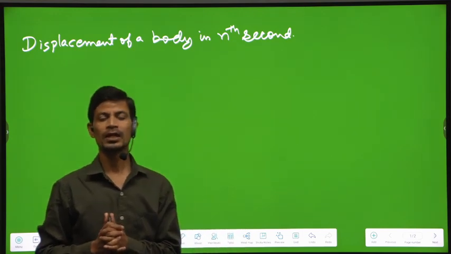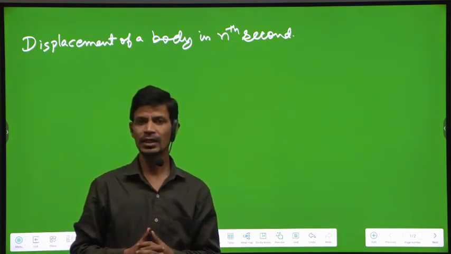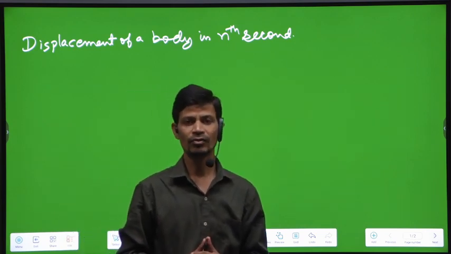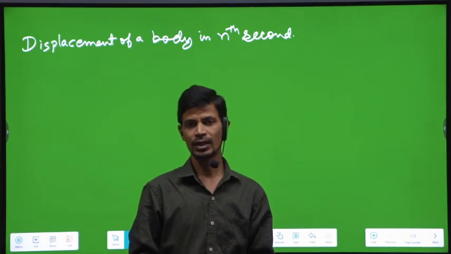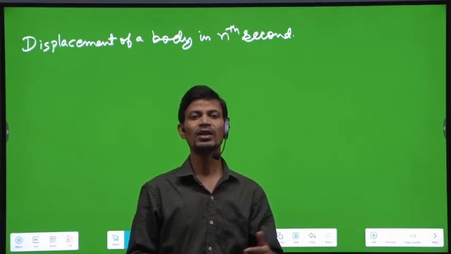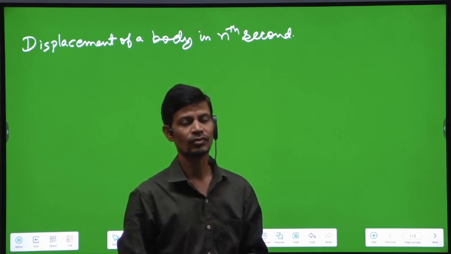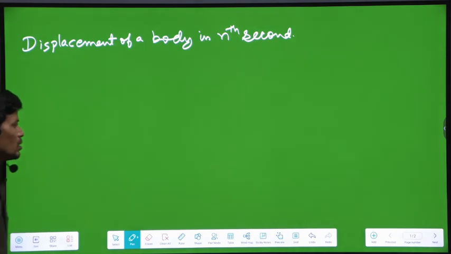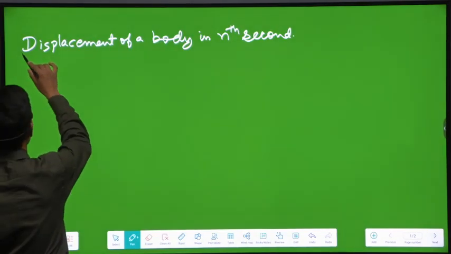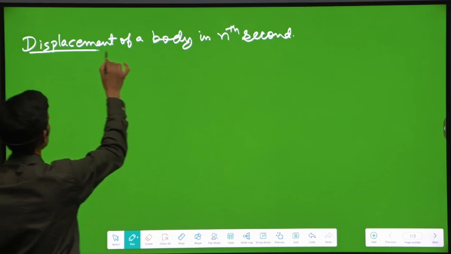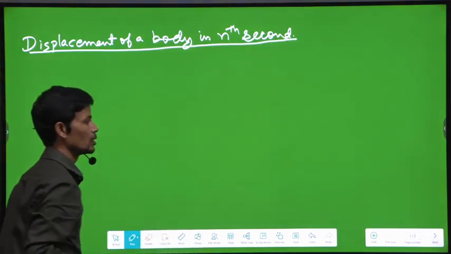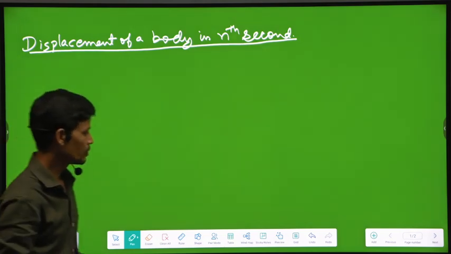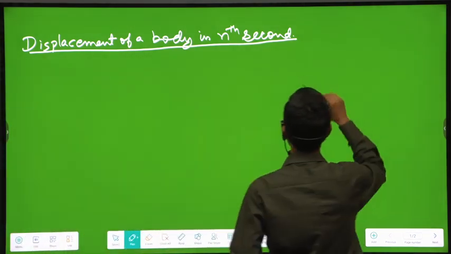So, class 11th kinematics. In the previous video, we derived the equations of motion by three different methods, and we have seen different conditions in which these equations of motion can be represented. One major topic which is often used in many numerical problems is the displacement of a body in the nth second